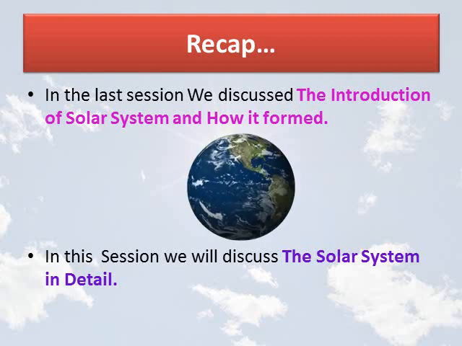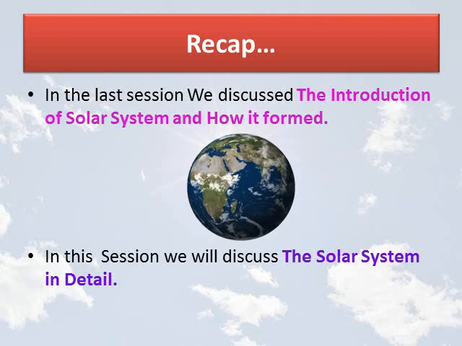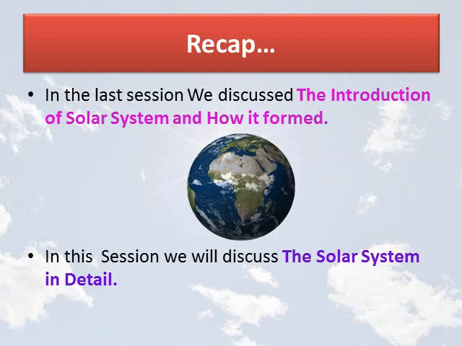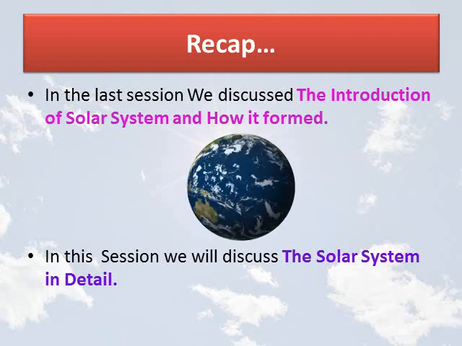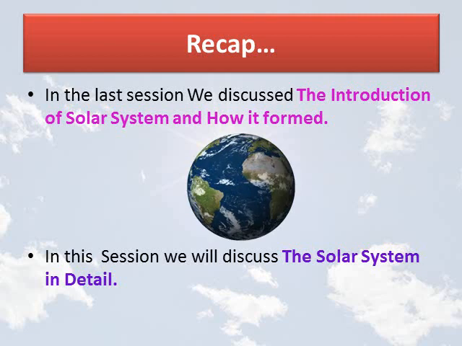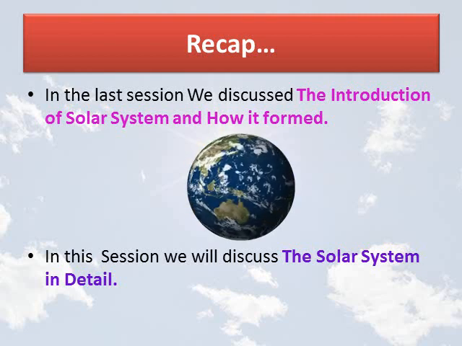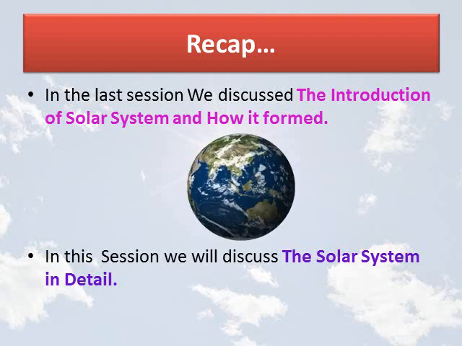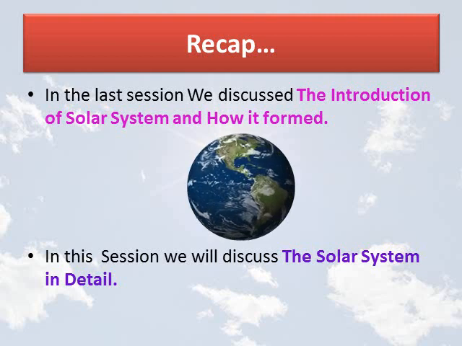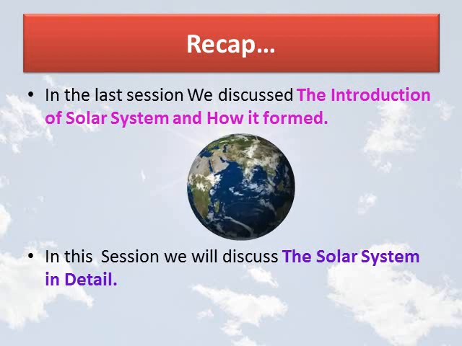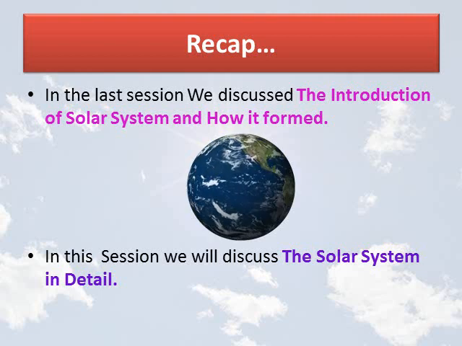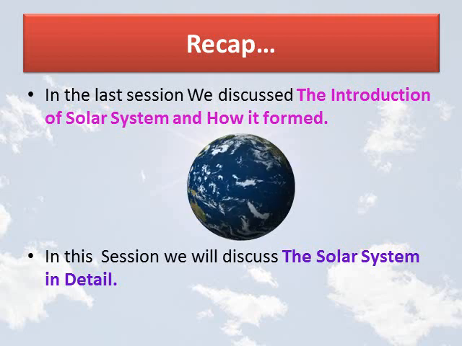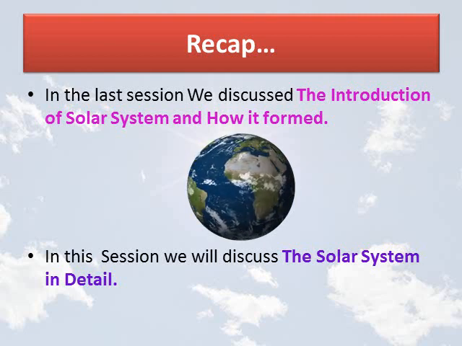We also learned about the galaxies. A galaxy is a huge cluster of stars which are held together by gravitational force. Most of the galaxies are scattered in space, but some remain in groups. Our solar system is part of the Milky Way galaxy, which was formed about 5 billion years after the Big Bang explosion. There are two galaxies which are closer to our Milky Way galaxy. They are the Andromeda galaxy and the Magellanic Clouds. Both of these are visible through the naked eye. That is, we can see them with our eyes.